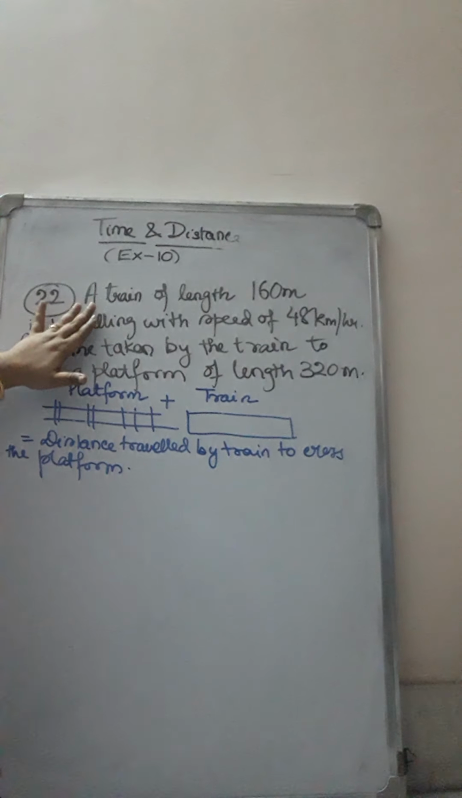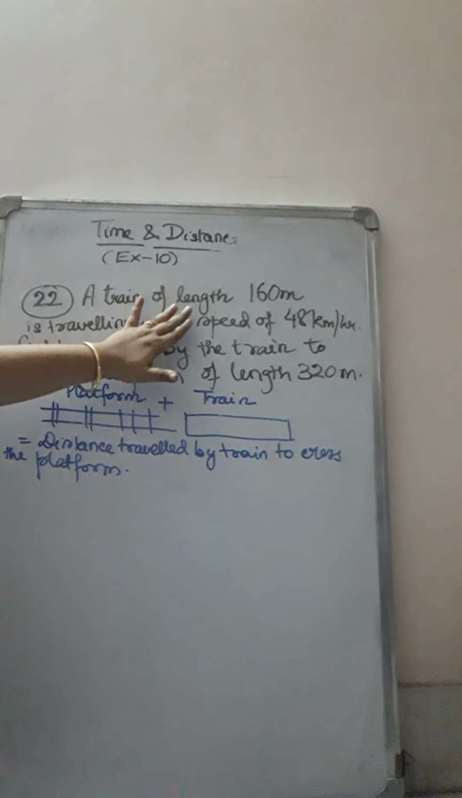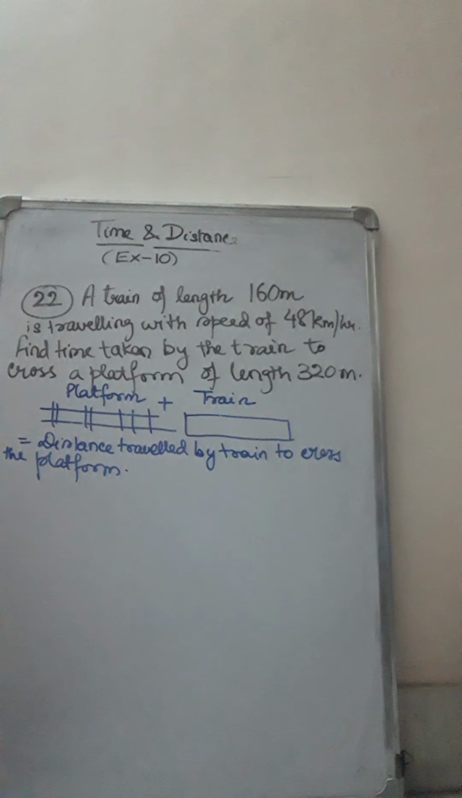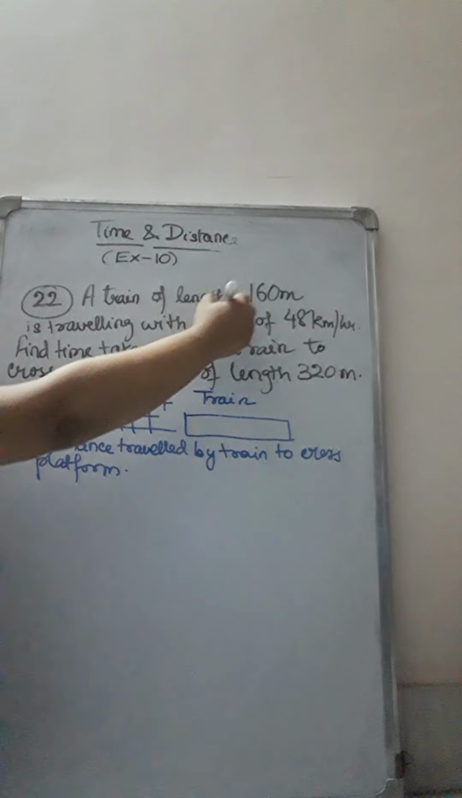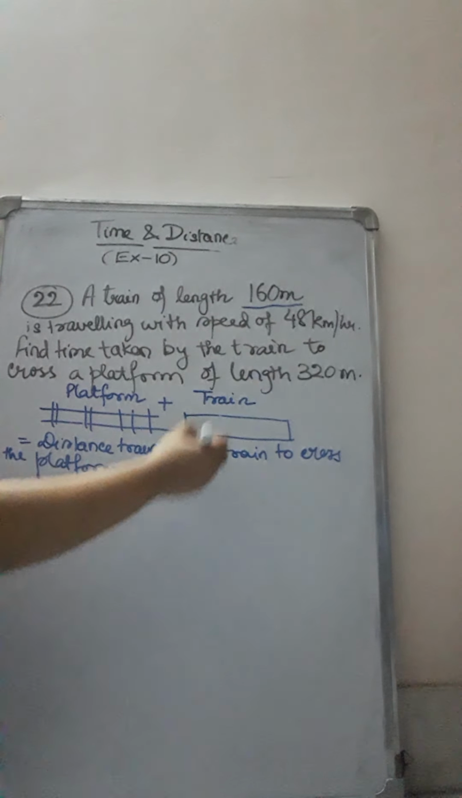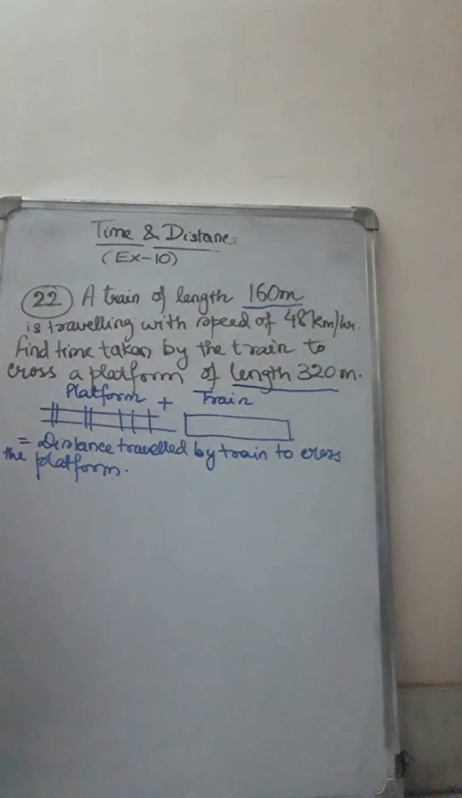Now let's read the question. A train of length 160 meters is travelling with a speed of 48 km per hour. Find the time taken by the train to cross a platform of length 320 meters. This question becomes easy because you have the length of the train and the length of the platform, and if you add them, you will get the distance travelled by the train to cross the platform. So first, from the information given, we can write